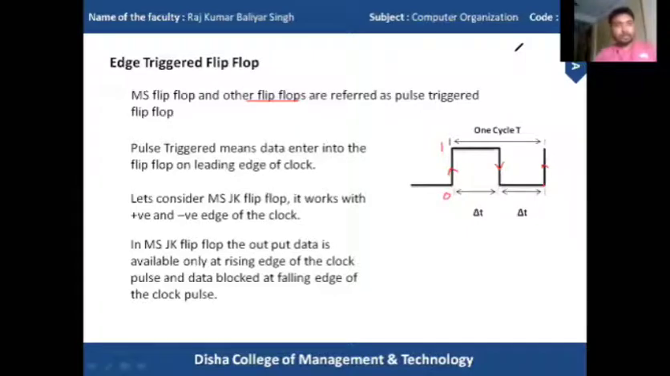Okay, in two flip-flop, that is a master slave JK flip-flop, we have two JK flip-flops in cascading mode. In case of edge trigger flip-flop, all flip-flops work with the clock edge or leading edge of the clock pulse. But in case of master slave flip-flop, it works with the two edges: one is the positive edge and the other is the negative edge of the clock cycle. In case of master slave JK flip-flop, the output is available at the positive edge and the data is